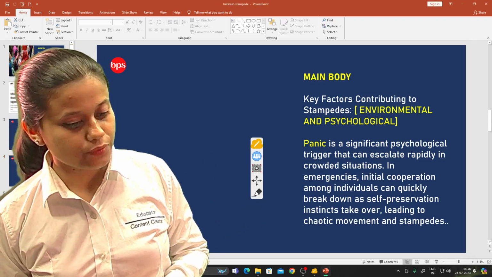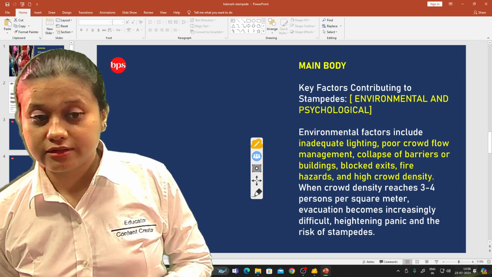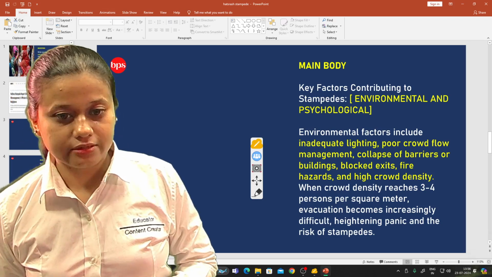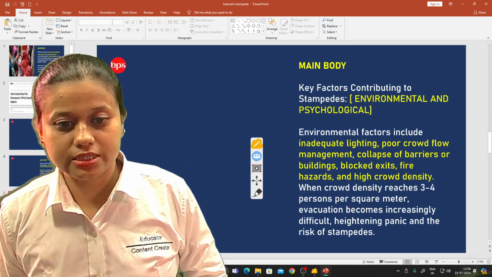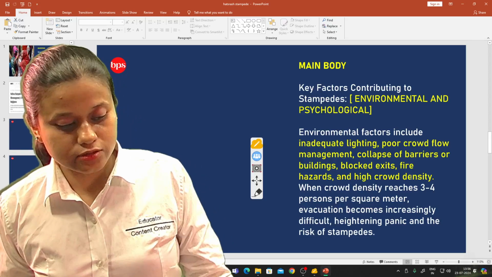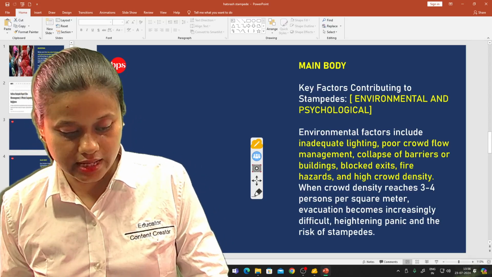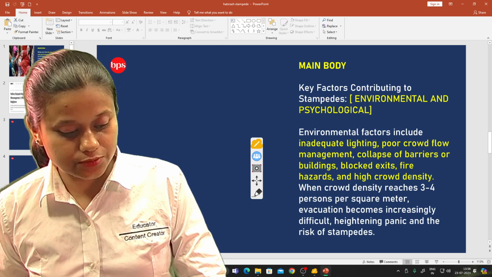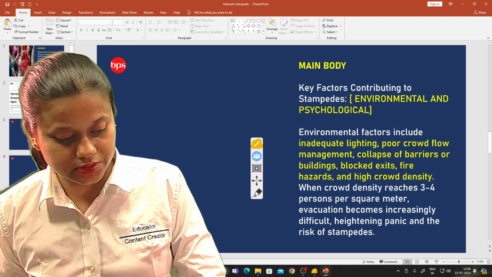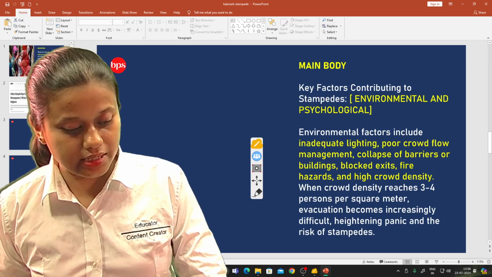Okay, next we come to the environmental factors. The environmental factors include inadequate lighting, poor crowd flow management, collapse of barriers or buildings, blocked exits, fire hazards, and high crowd density. When crowd density reaches 3 to 4 people per square meter, evacuation becomes increasingly difficult, with heightened panic and the risk of